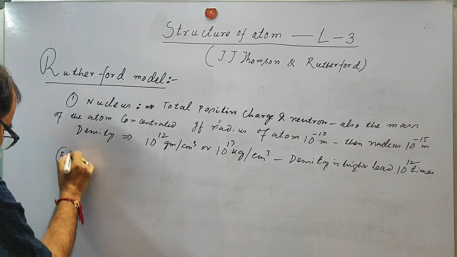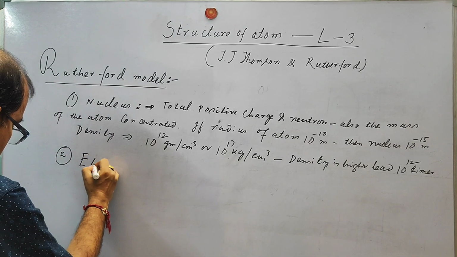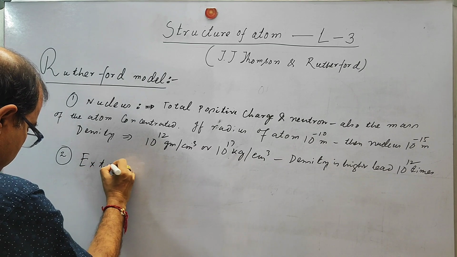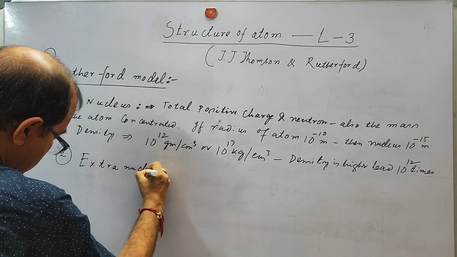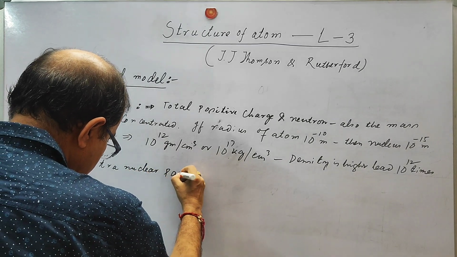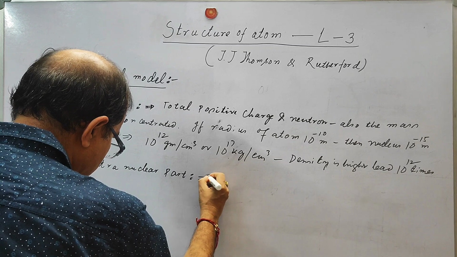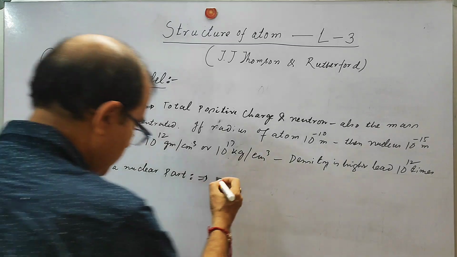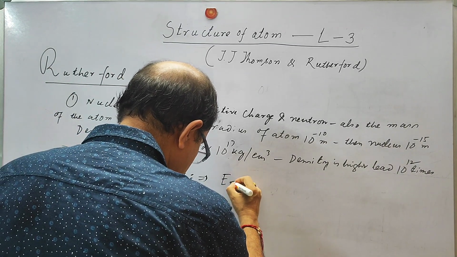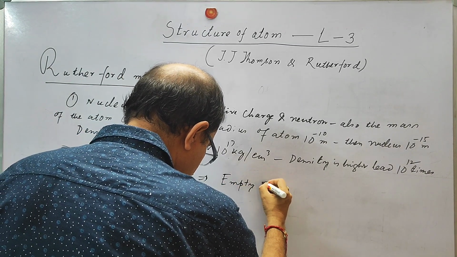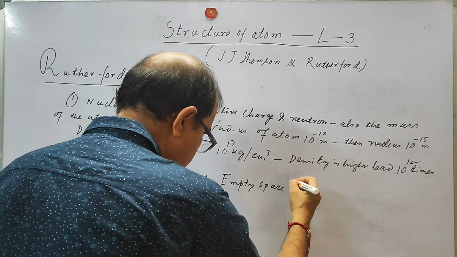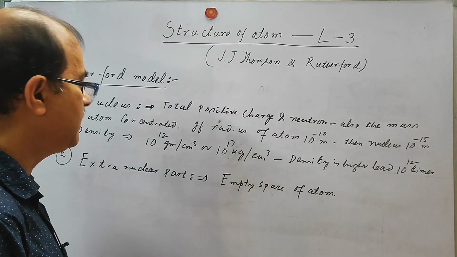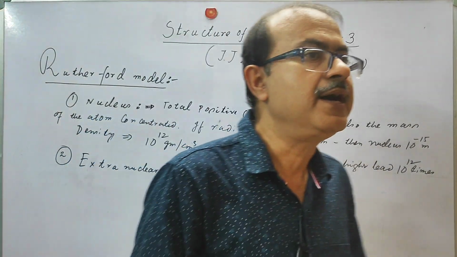And the second thing is the extra nuclear part. The atom has an extra nuclear part. In this extra nuclear part, you will find the vacant space, the empty space of the atom. This is the empty space of the atom, and here the electron has been